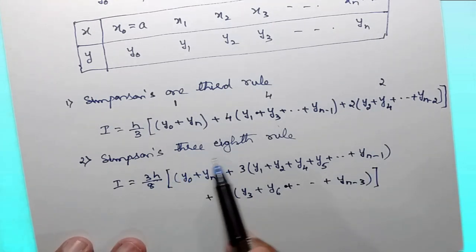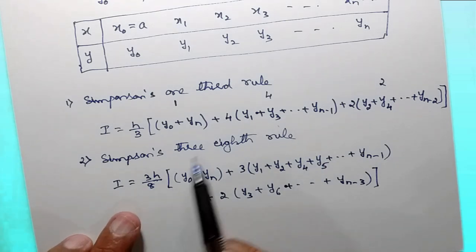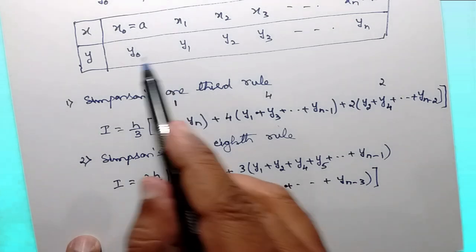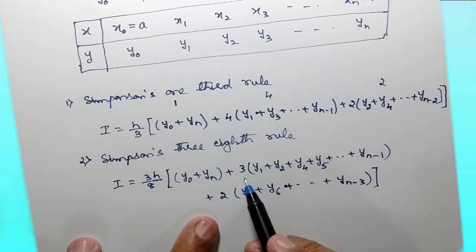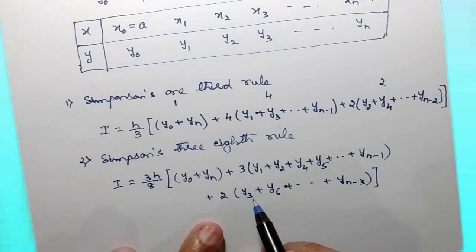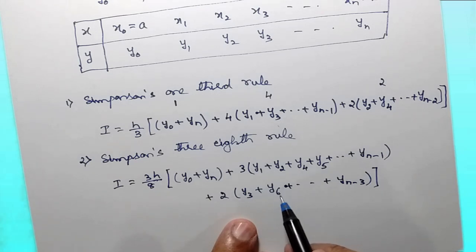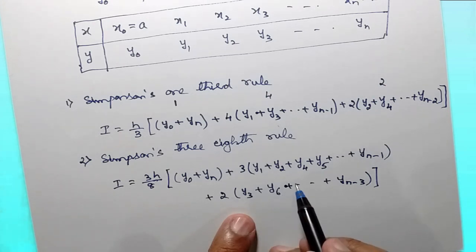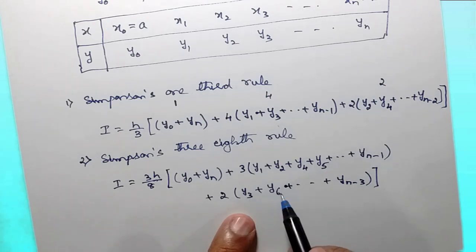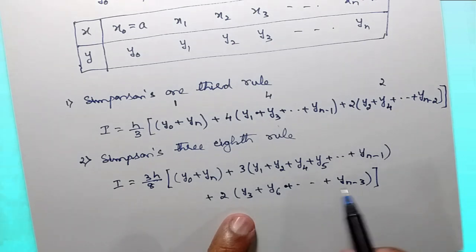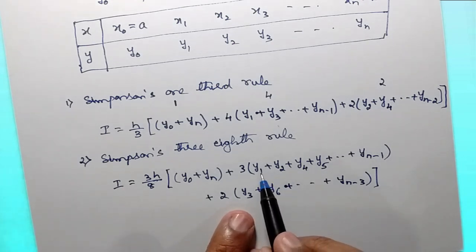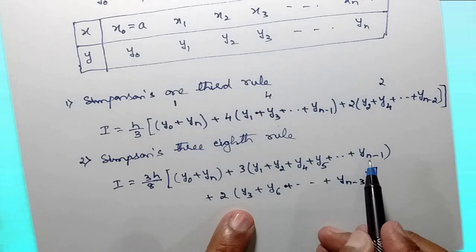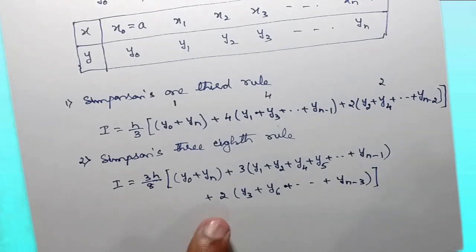So this formula is called Simpson's 3/8 rule. Once again, because it is 3/8, you have 3 by 8 times of h. You are getting the initial and final value, y0 plus yn, plus 3 times of this particular value. But if you look at this last set here, it is 3, 6. So the subscript values are multiples of 3: y3, y6, y9, y12 and so on. Leaving these multiples of 3, other numbers you can see. 1, 2, 3 will not be there; 4, 5, 6 will not be there; 7, 8, 9 will not be there. In that way, you can just remember the formula.